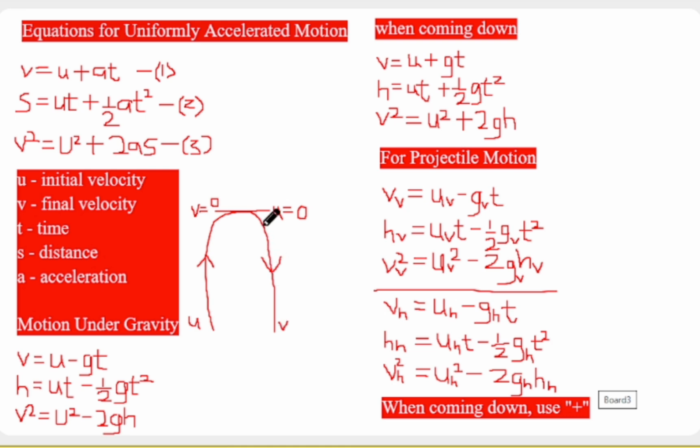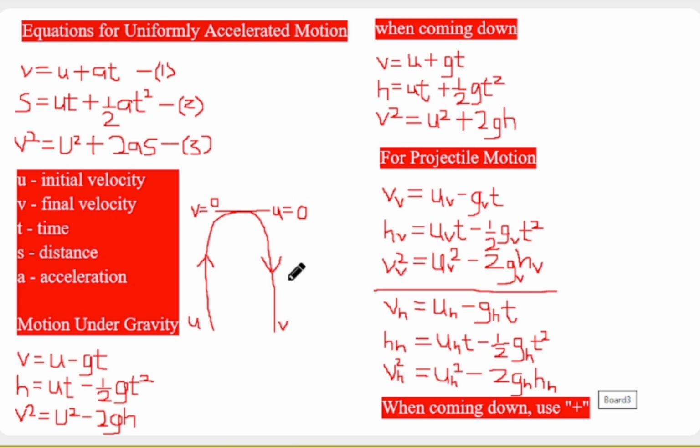For the second part of the journey, when the object is coming down, our u, which is the initial velocity, is 0,